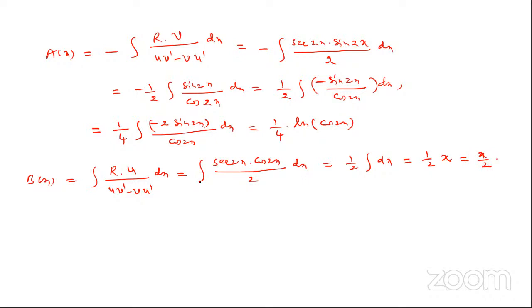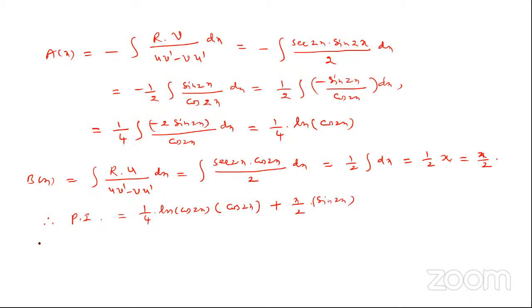So now we get A(x) is ln cos 2x by 4 and B(x) is x by 2. So now write the first particular integral. What is the particular integral? A of x. What is the A(x) value? 1 by 4 ln of cos 2x into u(x). The u(x) value is cos 2x, plus B(x), that is x by 2 into v(x), sin 2x. So this is the particular integral for